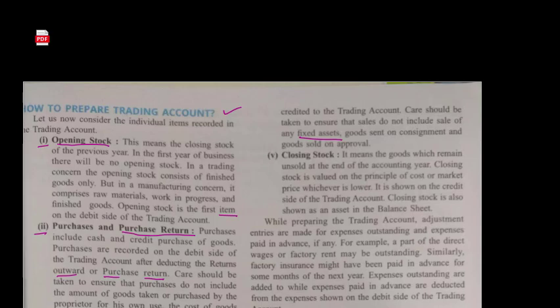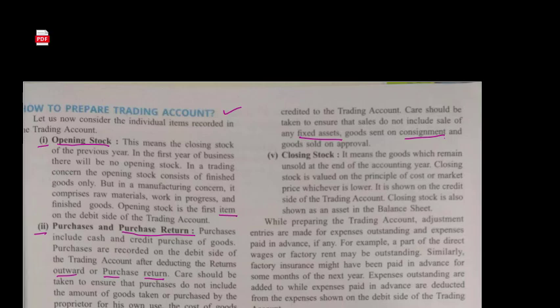Now goods sent on consignment means you have given your goods to a retailer to sell. When he sells, then you will record it. Till then you will not record. As you send from your factory to the retailer, it doesn't mean that you record it. You record when the retailer sells all the goods or part of the goods. Why? Because if the retailer is not able to sell your goods, he will return it to you. So till he is not selling, you need not record it.